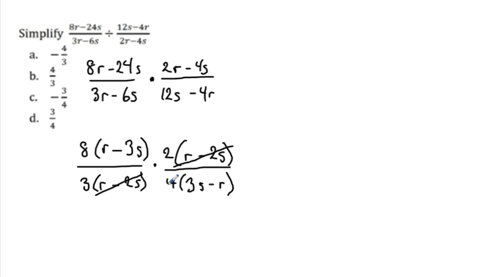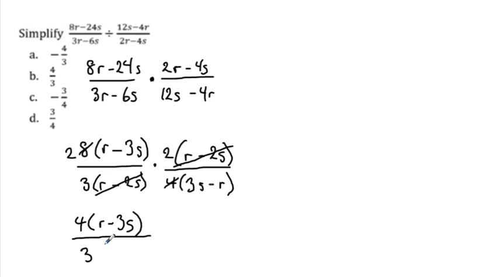The 8 and the 4, we can pull out a greatest common factor there. The biggest number that goes into 4 and 8 is 4, so let's pull out that 4. 4 divided by 4 is just going to become 1, so that's going to cross out. 8 divided by 4 is going to become 2. So let's see what we have left. Let's multiply. 2 times 2 is 4. And we still have r minus 3s. And we simply have a 3 on the bottom,